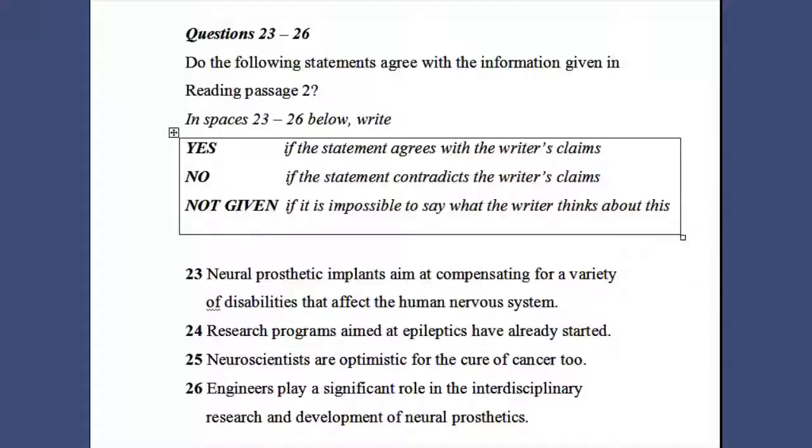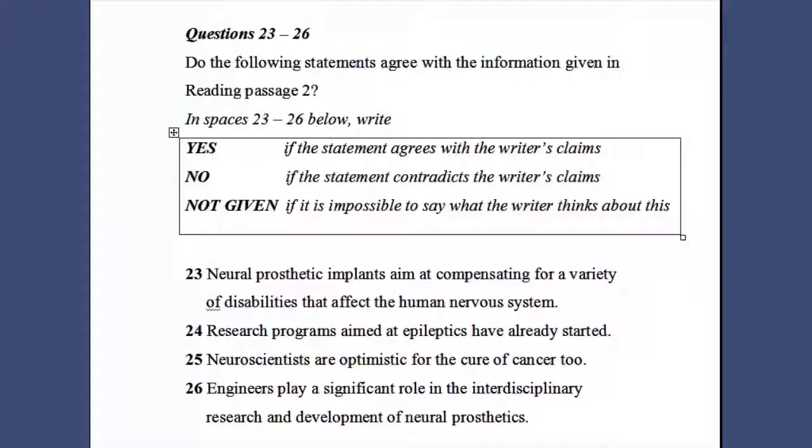Well, here in this example they ask you about the opinions of the writer, so you should take into account only the writer's views in order to answer the questions. Also, keep in mind that the statements will be in the same order as the information given in the text. Again, underline keywords, or better yet, words and phrases that cannot be paraphrased.